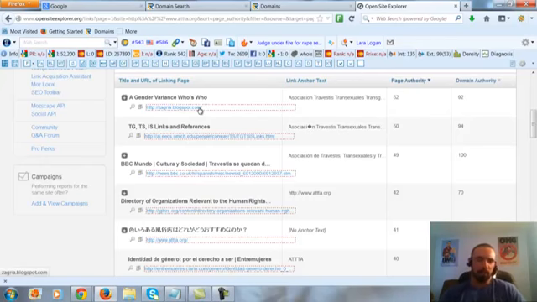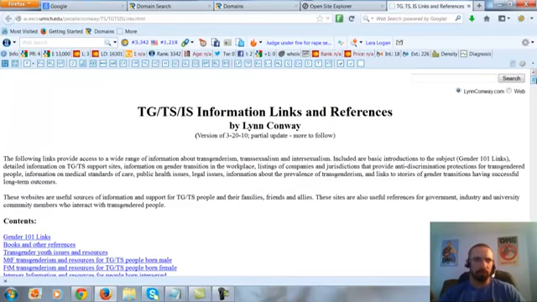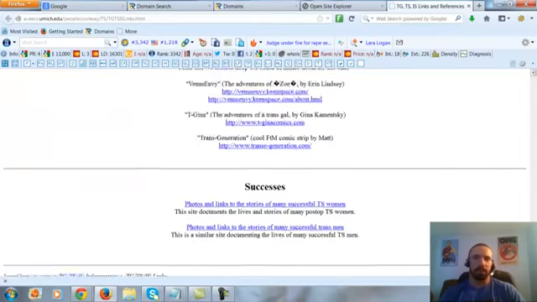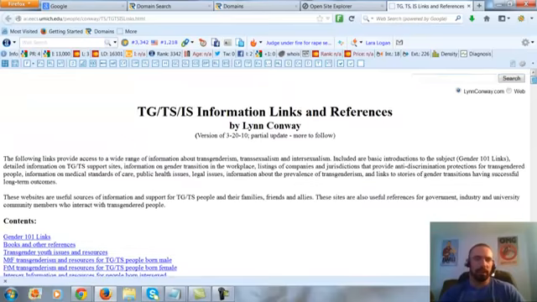A Blogspot link can be good, but you want to make sure there's other good links with it. Here's an edu link. Let me just go see what type this is. Just like a resource page. That's not like a great link because there's a lot of links on it too. But it's still an edu site, and it has high domain authority and a PR4, so that's not a bad link.